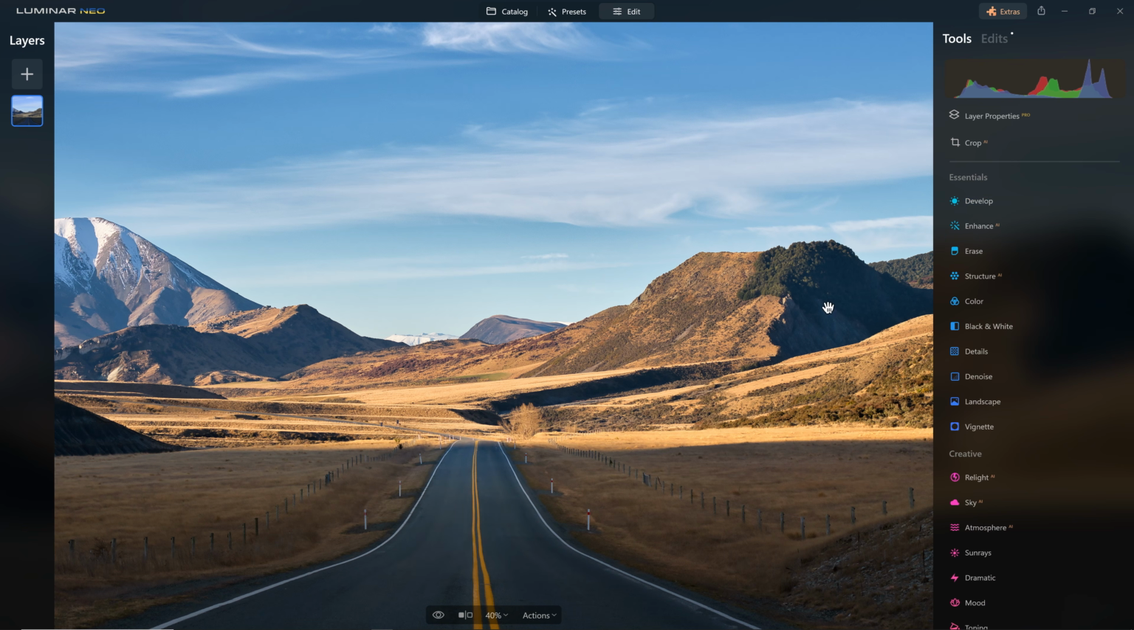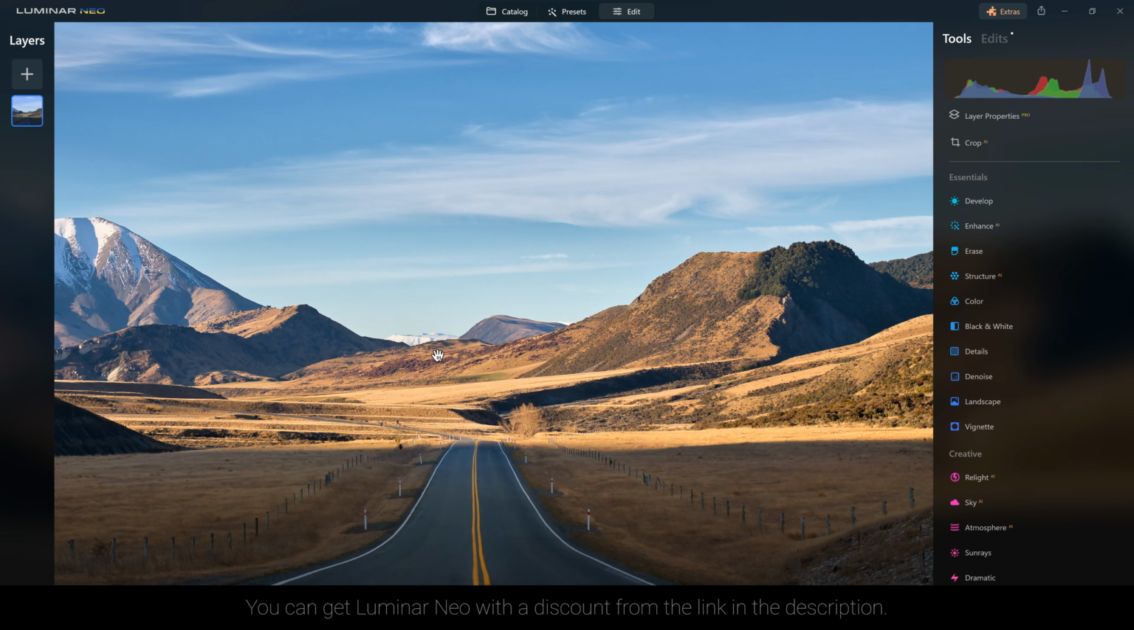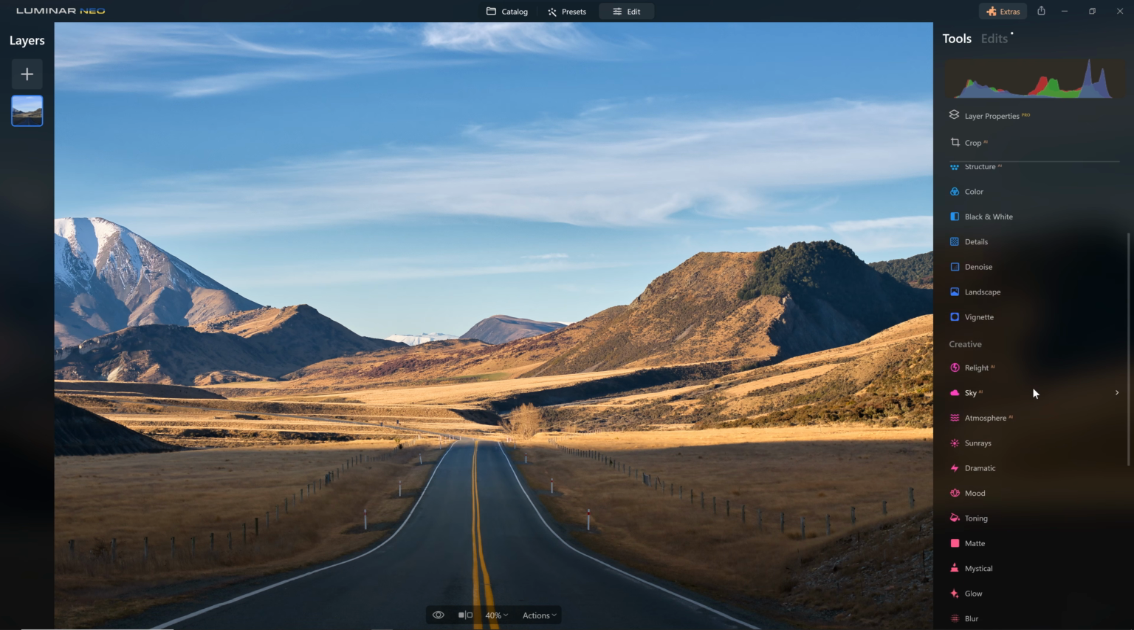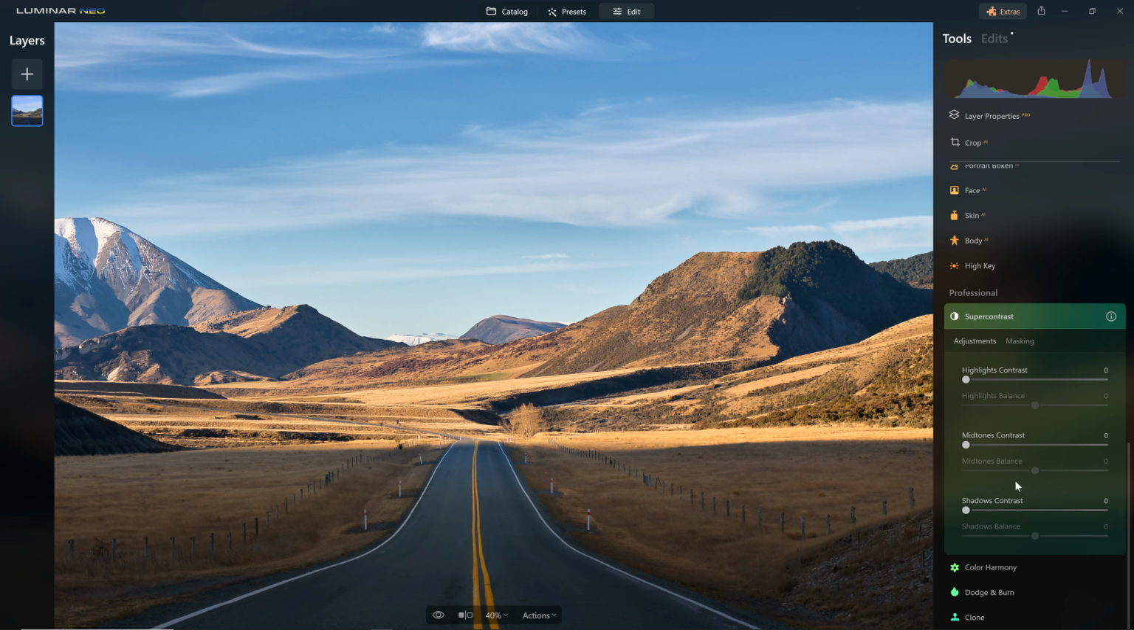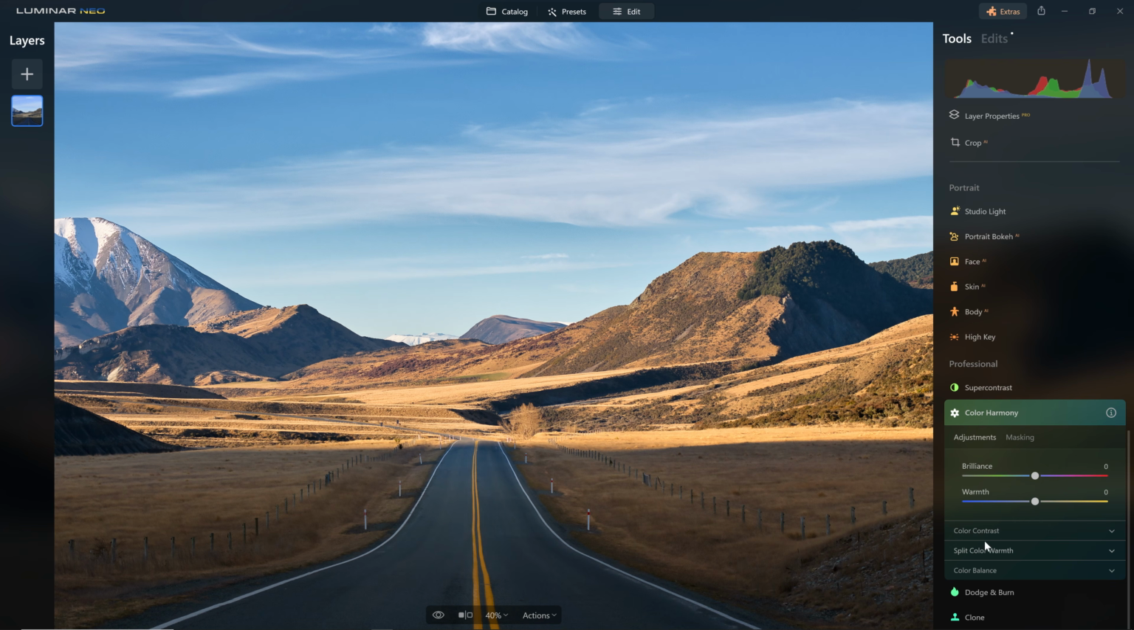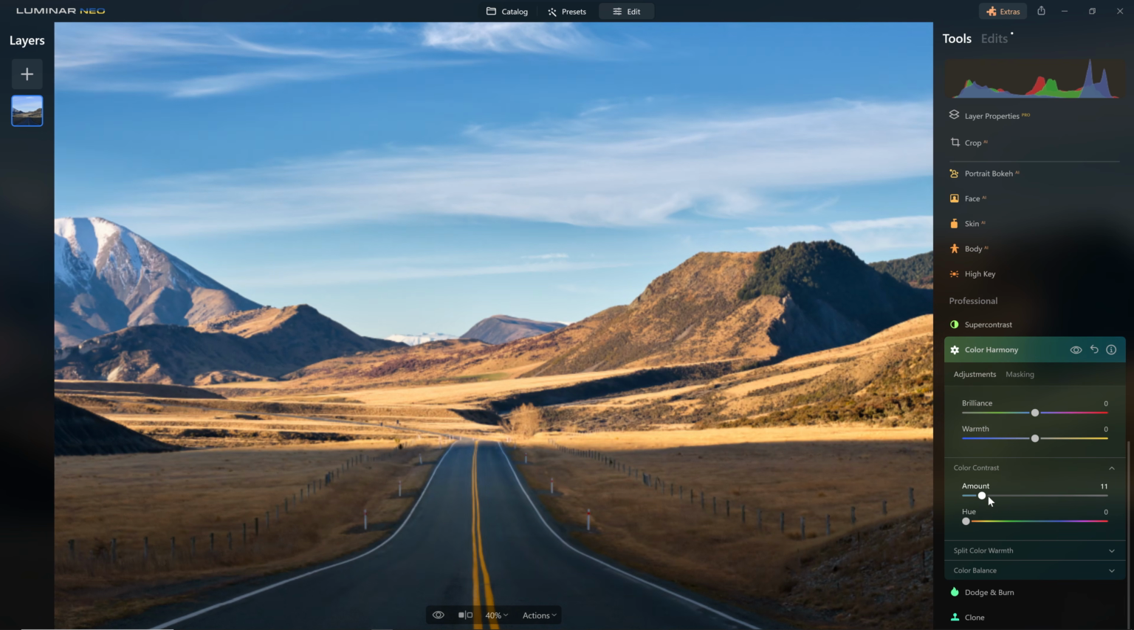Okay, let's close that down, and I'd like to intensify where the sun is actually hitting the ground here, and so that's very much in the yellow, so I could come into the color tool and work with that. However, what I think I'd like to do here is work with super contrast. No, we're going to go into color harmony. Let's go into color harmony, and we're going to work with color contrast. So I'm just going to grab this and start pushing the amount up. And now we've got some overexposed land, but as I move the hue up, we should start to see that color